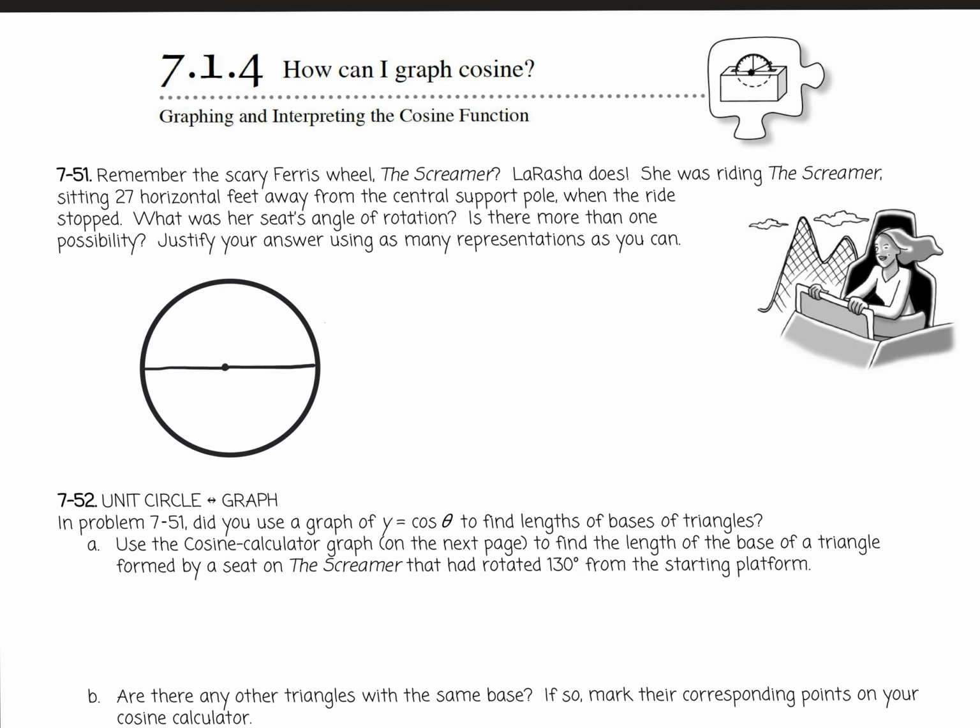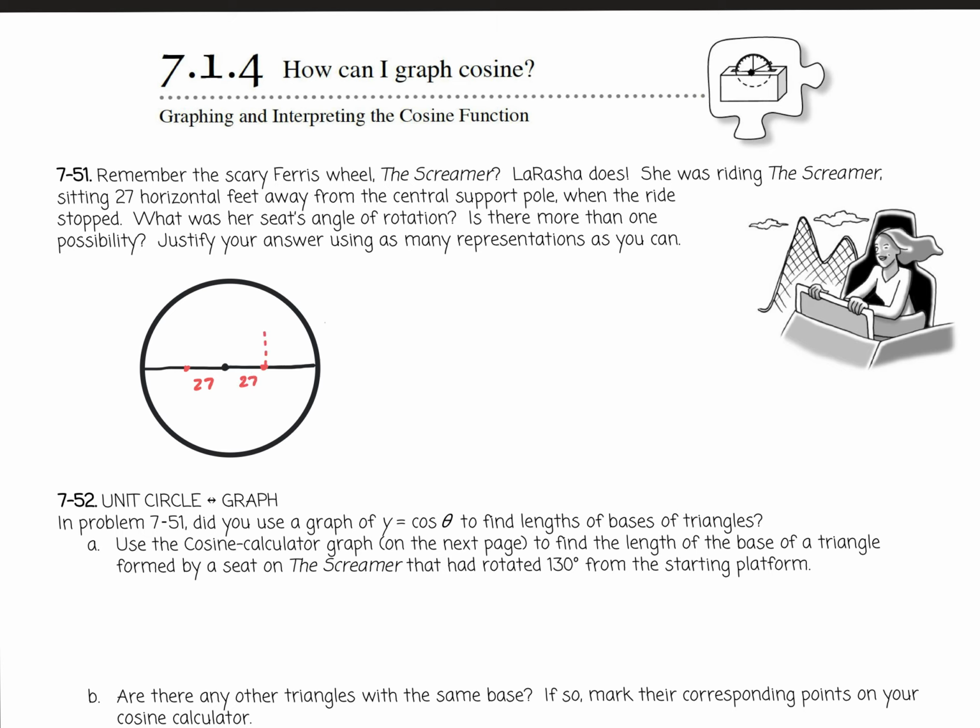All right, so we're going to take what we just looked at on that circle and look at a specific circumstance for the screamer ride. So we have LaRasha. When she got stopped on the screamer, she was sitting 27 feet away from the center support pole. Now, we know that the radius of our screamer ride is 100 feet. So that means she's probably somewhere in this vicinity, right? So she's 27 feet away,